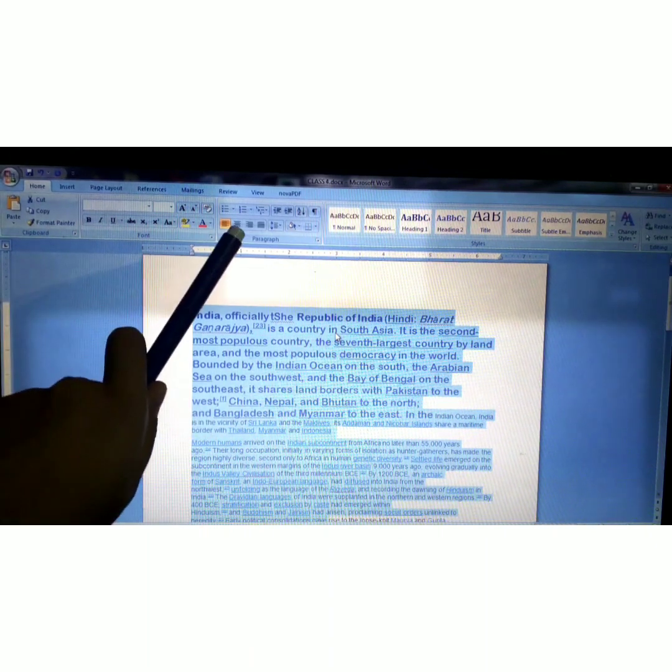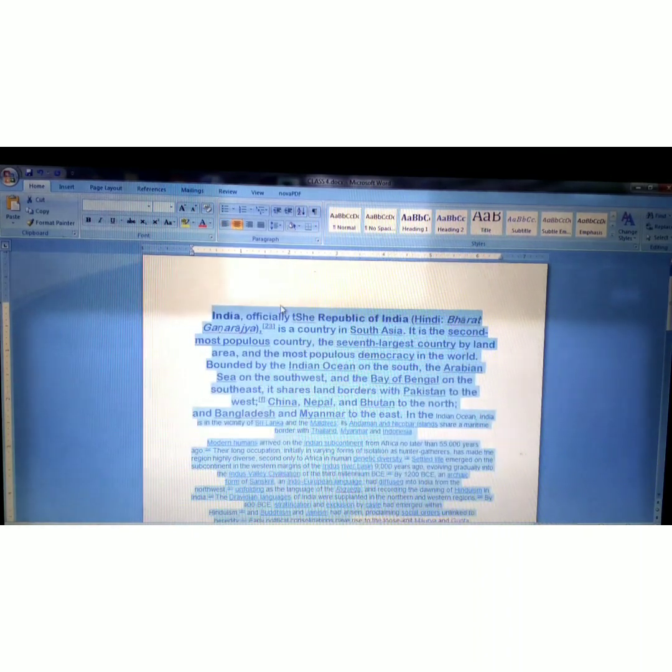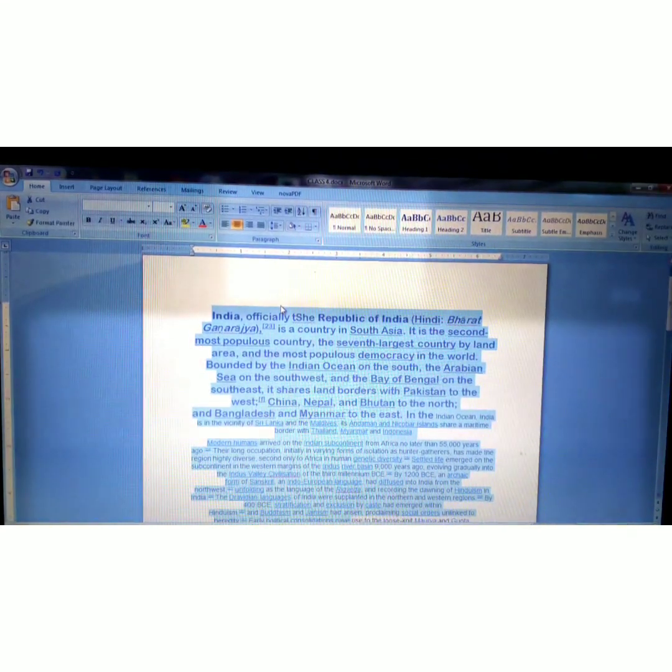Now kids, we will see how to do the center alignment of a text. As before, I have selected the text, and then I will click on this center alignment text button in the home tab. See, I am clicking on it. See, all the text is now center aligned. The right side and the left side, that is the margin, are now equally distributed.